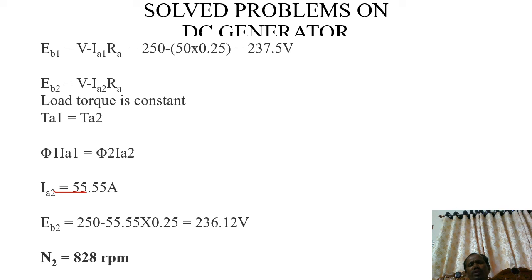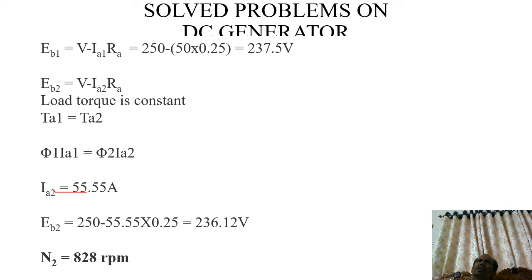So Eg is equal to V plus Ia into (Ra plus Rse). The total resistance of the series field and armature is Ra plus Rse, and the drop is that multiplied with the armature current, because the armature current is equivalent to the series field current and the load current. So there is no problem writing the equation. The generated EMF Eg is equal to V plus Ia into (Ra plus Rse). The same equation applies in the case of the series generator.